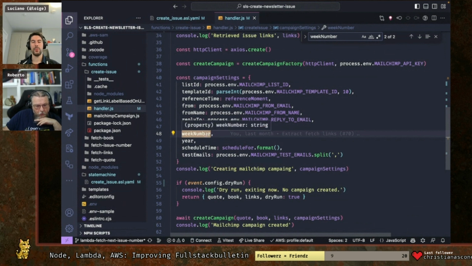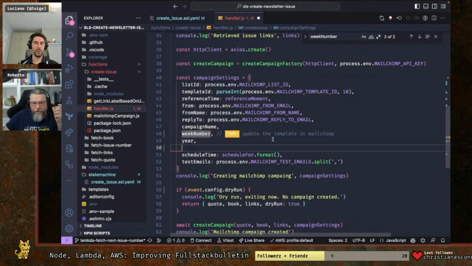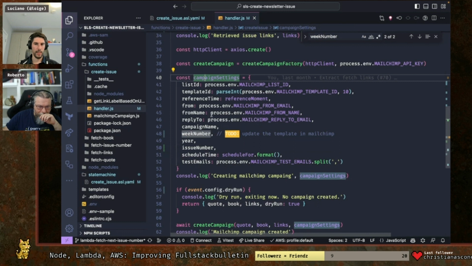Yeah, I think because this is using the actual HTML template, so we might need to change that and also update the template in MailChimp. But let's leave it as a to-do. Yeah, you can keep those two variables. You just change the campaign name with the progressive number. So yeah, let's also pass it here, issue number. I don't think it gets used yet,